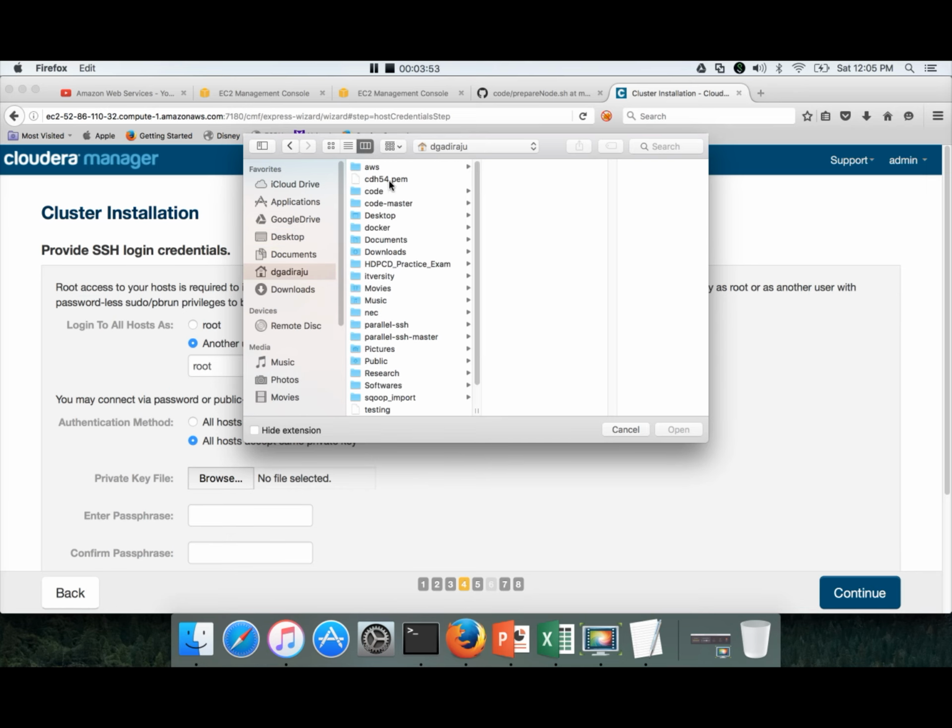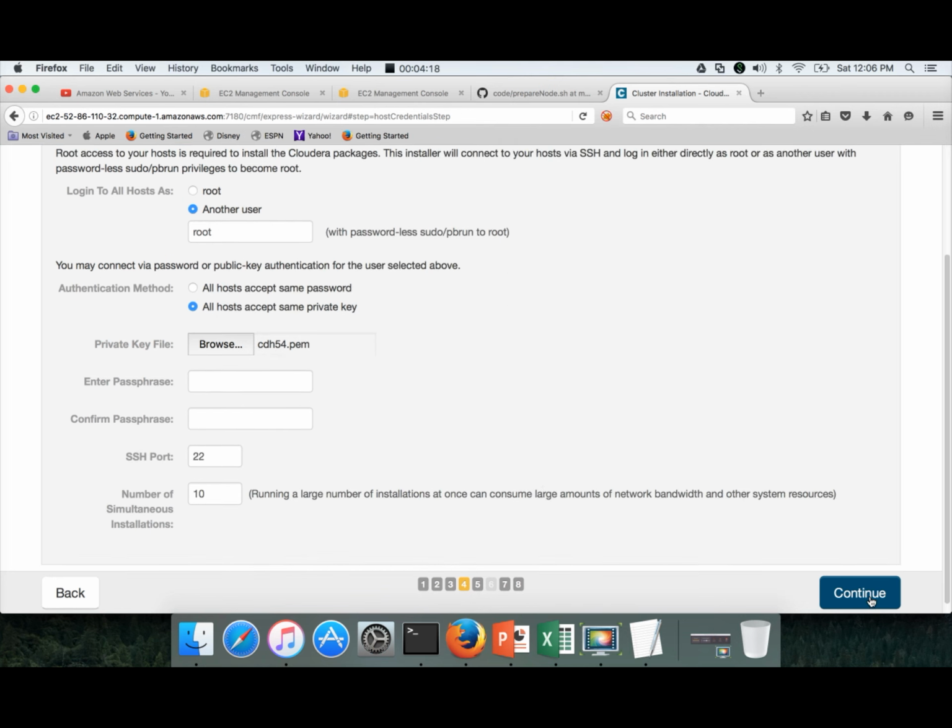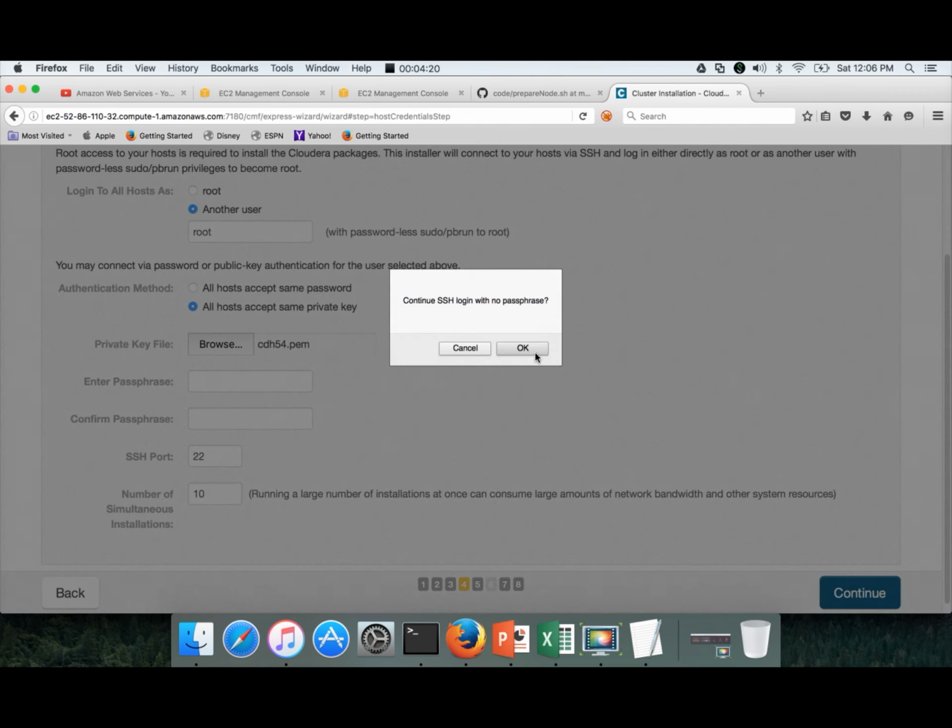Our PEM file is actually in the .ec2 directory, but I have created a copy in my home directory also so that I can access it, because .ec2 is a hidden directory and we will not be able to choose from here. For that, I have copied cdh54.pem to this home directory, which is D Gadiraju on my Mac. So choose this one and hit on continue. Click on OK,